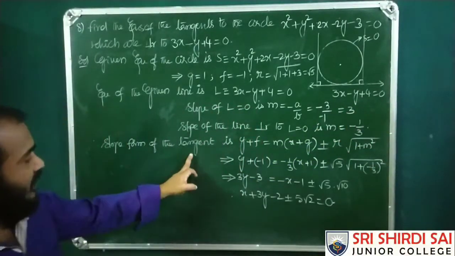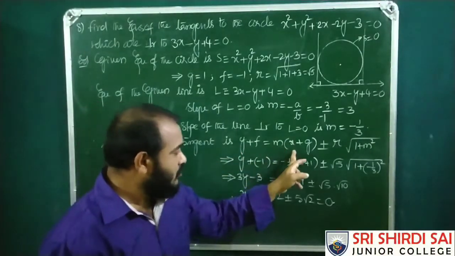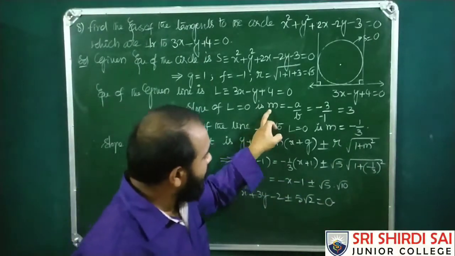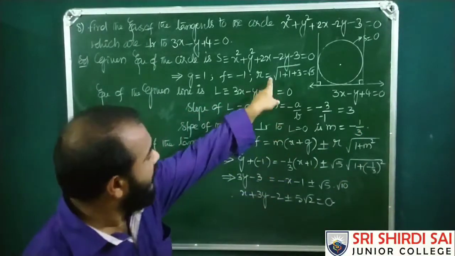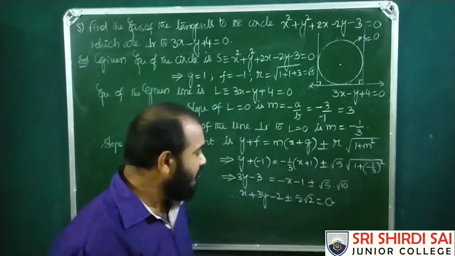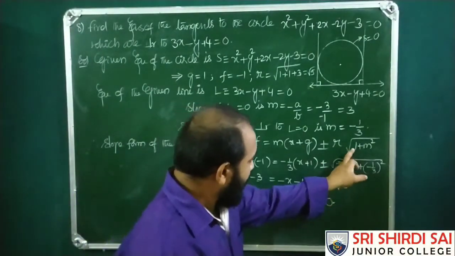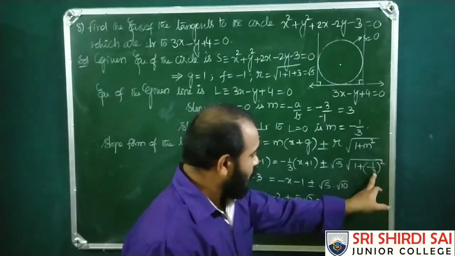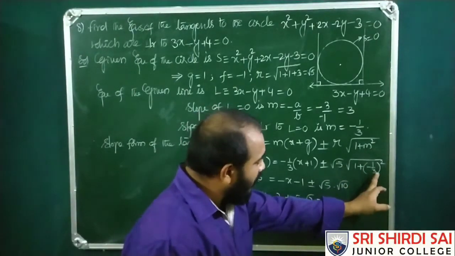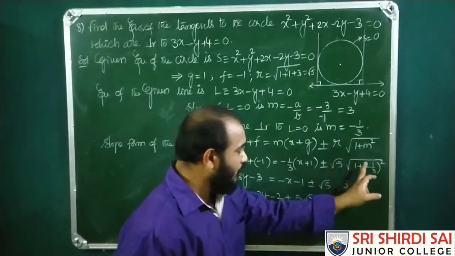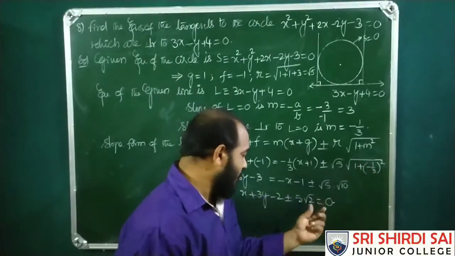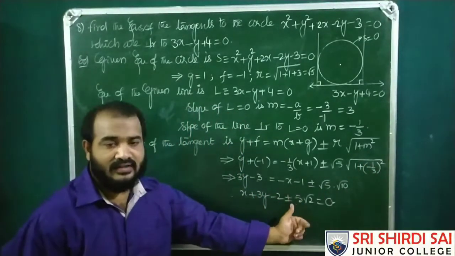So therefore the tangent is y plus f equals m into x plus g plus or minus r into square root of 1 plus m square. The m value is this, we are going to take, and the radius, g and f values are there. All we need to do is just to substitute in this. Then 1 plus m, minus 1 by 3 whole square is 1 by 9, 9 plus 1 is 10 by 3 square. So this is root 5 into root 10, root 50. Root 50 is 25 twos. So 5 root 2. So this is the ultimate answer.